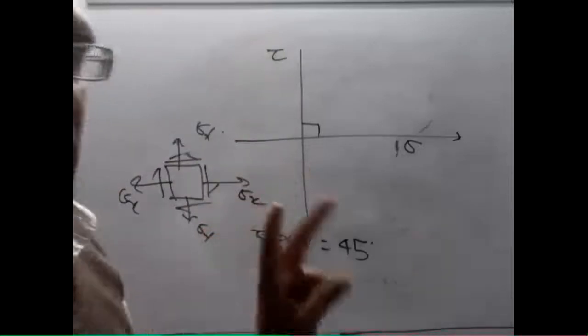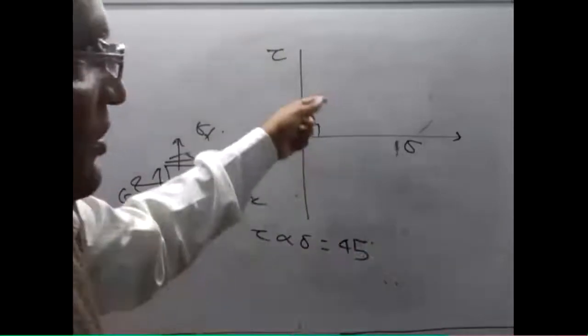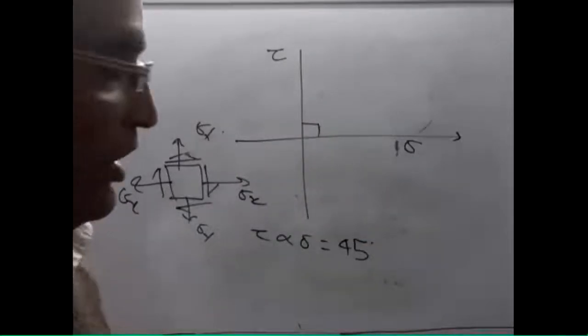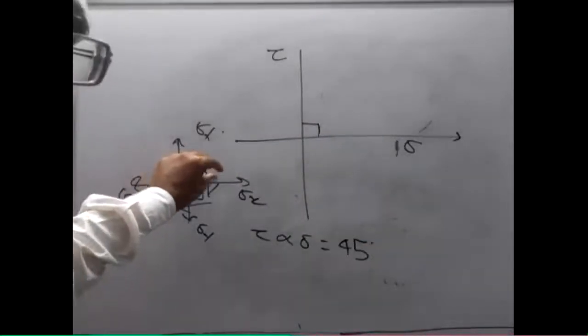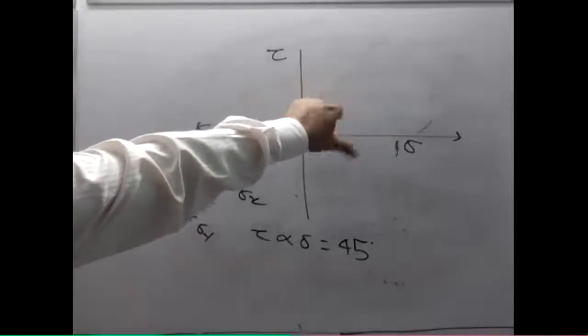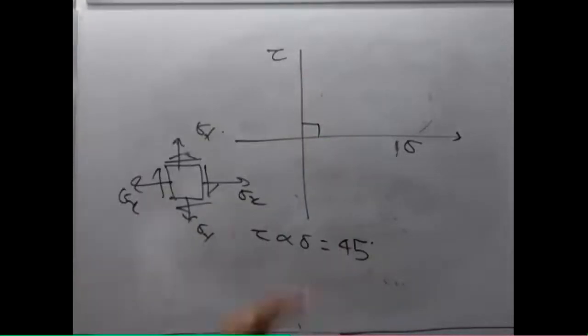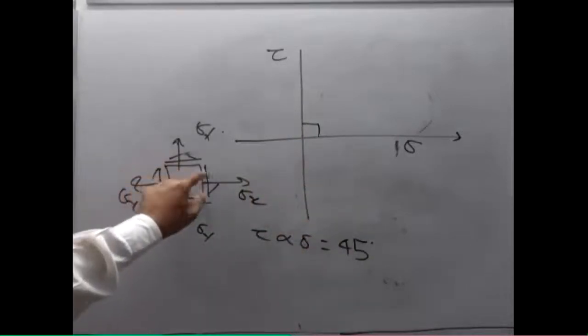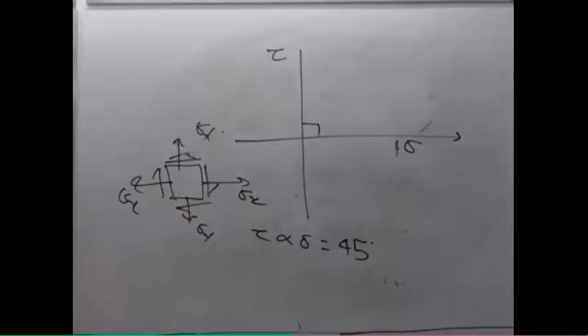And in general, sigma and tau max is always how much? 45 degree. But here it becomes double. It means that suppose this element is rotated by theta, then how much do you have to rotate here? By 2 theta, either clockwise or anti-clockwise, depending on how that element has been rotated.